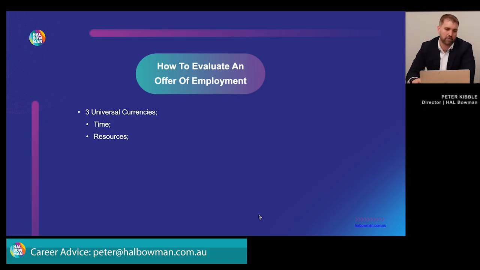If we just go through that really quickly, I think the mistake here would be to only look at an offer based on salary. The resources that are available to you when accepting an offer are made up of significantly more than that. Depending on what stage you are in your career, the resources are going to be more or less important. With respect to training, if you're starting out in your career, this might be really important.